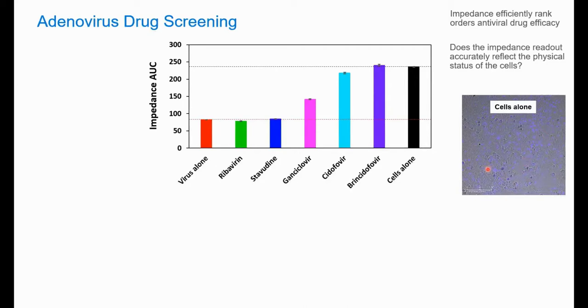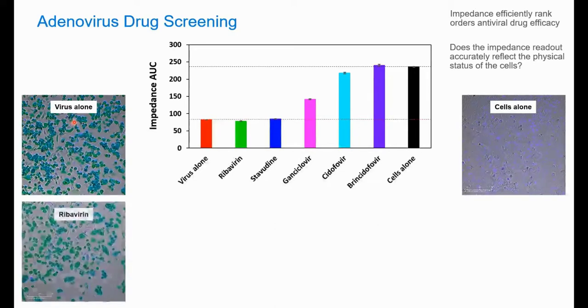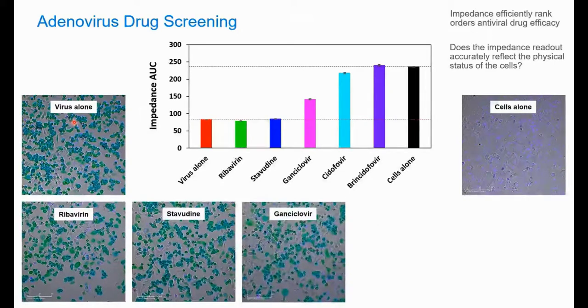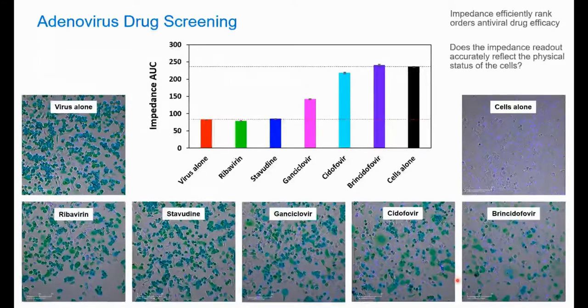They're highly confluent. When virus is present, there's a severe cytopathic effect, and we see a whole lot of that virus-encoded GFP present. The first 3 or 4 drugs don't really have a whole lot of impact on what we're seeing in terms of morphology or the GFP signal, but cidofovir and brincidofovir obviously suppress the viral CPE pretty dramatically. So the answer to this question is yes, indeed, there's strong correlation between the impedance and the imaging readouts.